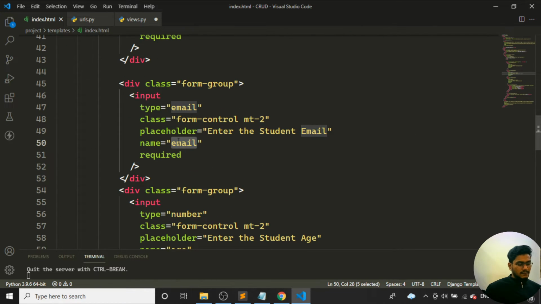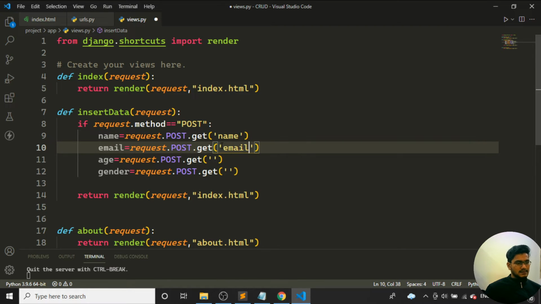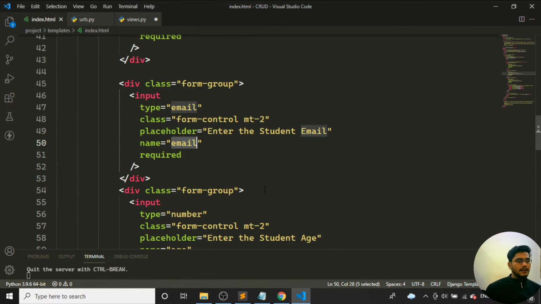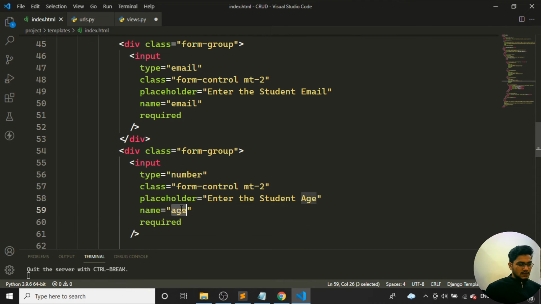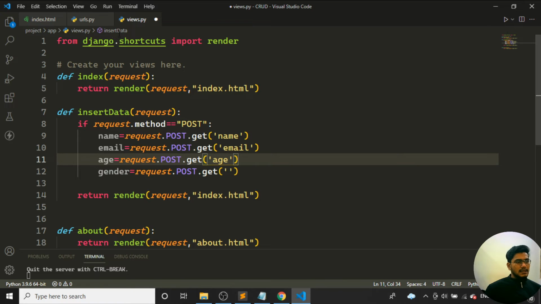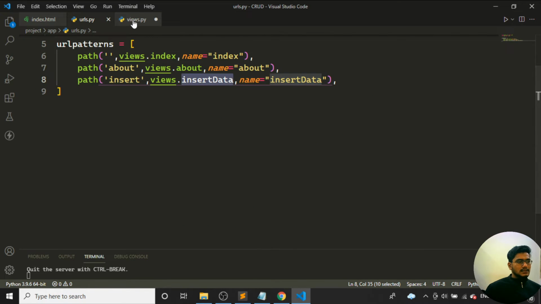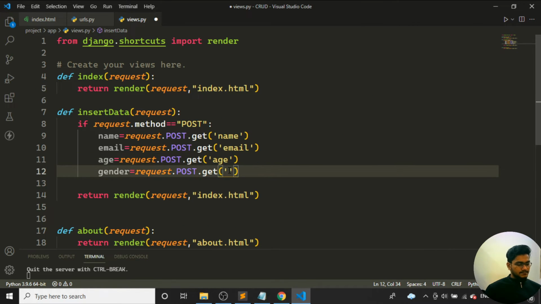For the email, I have given name equals email, so I pass the email address I'm getting from the form. For the age, I pass the age from the data. And for the gender, I have given name equals gender, so I copy this and pass the same thing here. Done.